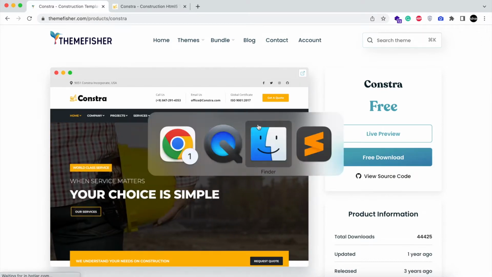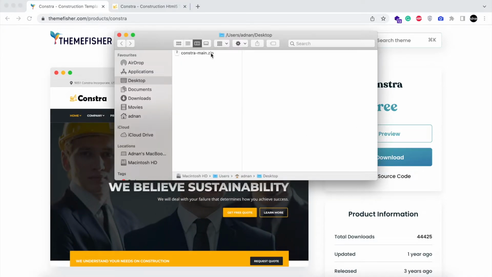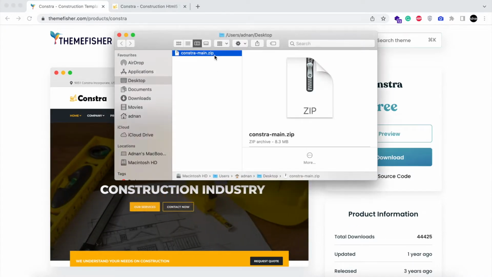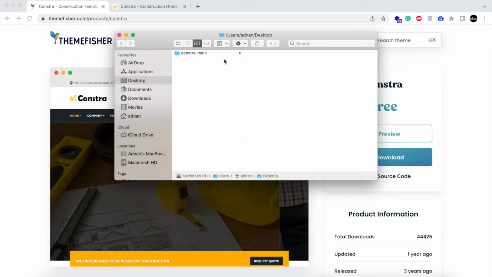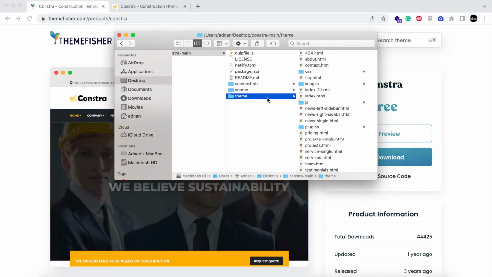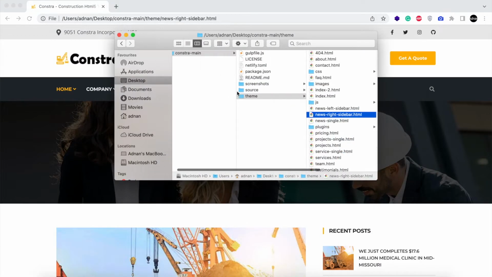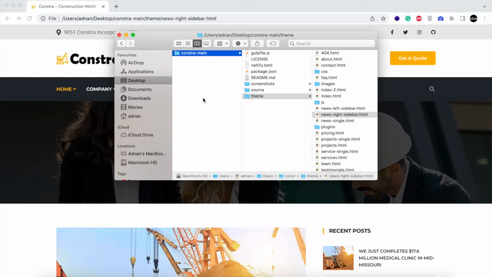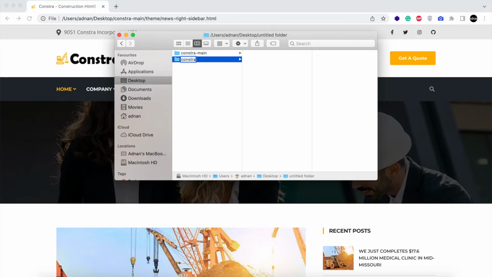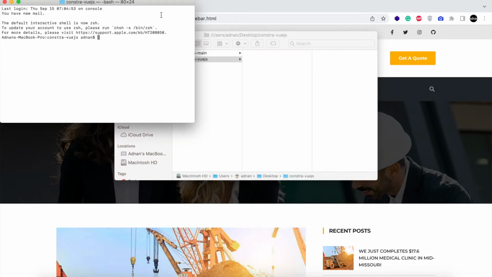After download you will get these files. I'm going to extract them and delete the zip file. And in this, the only folder that I'm going to use is this theme folder. This has all the files that I'm going to need. So first I'm going to create a new folder for my Vue.js project. I'm going to name it constra Vue.js and I'm going to open command prompt in this folder